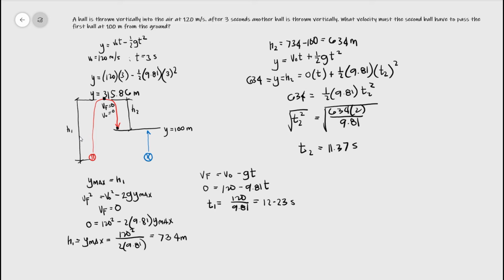11.37 seconds. Therefore, the total time, let's say t total, is equal to t sub 1 plus t sub 2. The total time for the ball to travel from this point to the maximum point and from the maximum point to this point, we have the total time is equal to